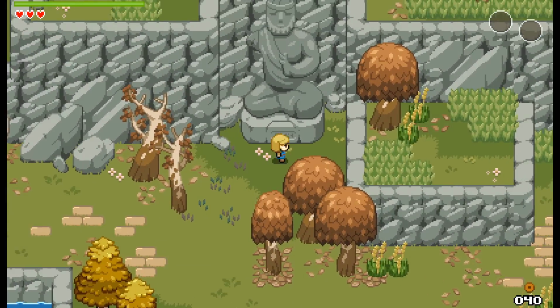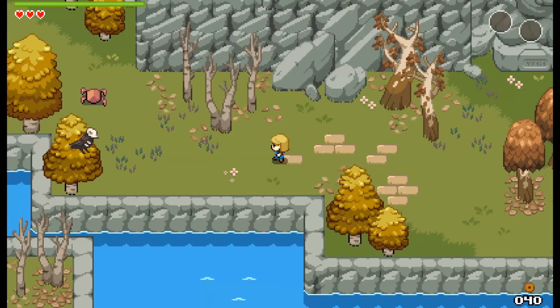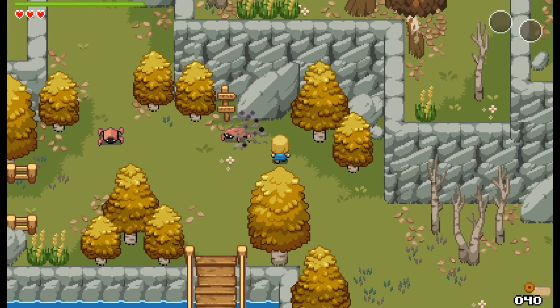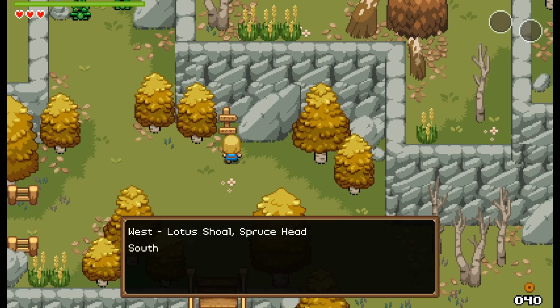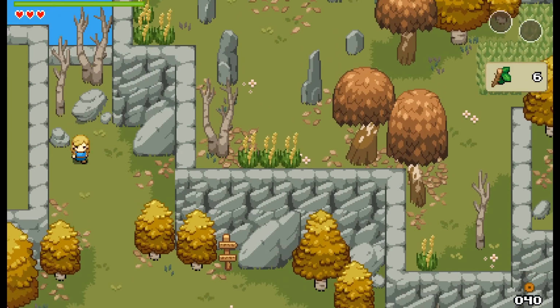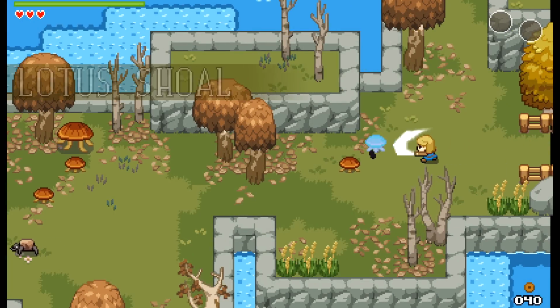I don't know where that guy went, but what is this right here? I can't examine it. It's like a big Buddha statue or something. Yep, just cleaving my way through. What does this sign say? Let's see. West to Lotus Shoal and Spruce Head. Well, that's exactly where I need to go. I'm going to chop these down and pick up whatever those are right there. I haven't found a use for them yet, but they said I could make potions out of them, so, like...